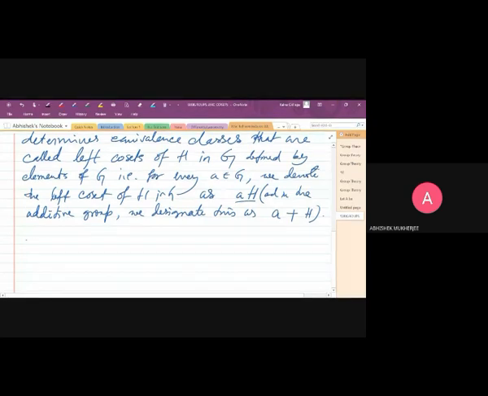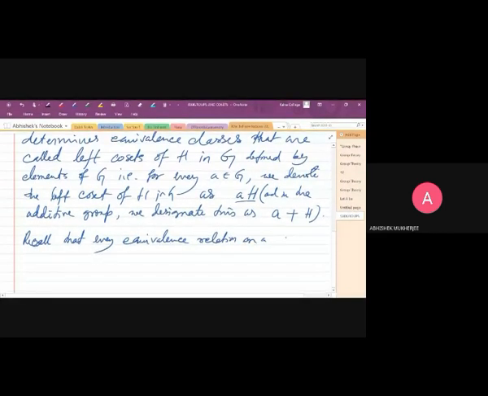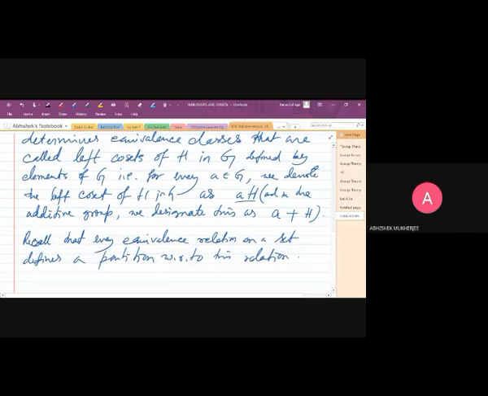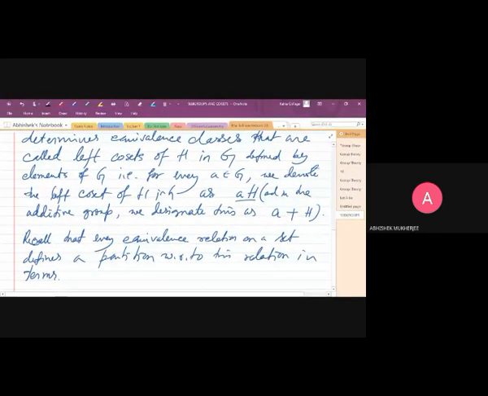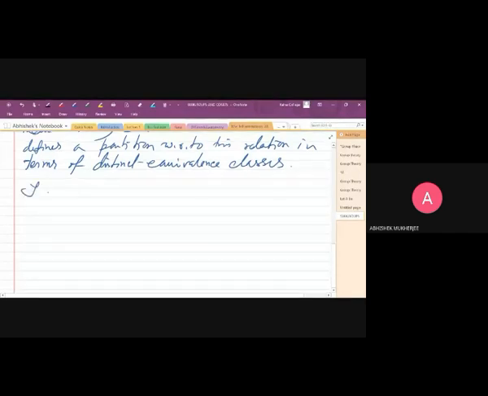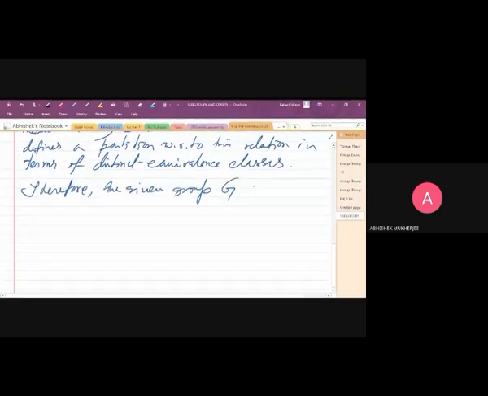And recall that every equivalence relation on a set defines a partition with respect to this relation in terms of distinct equivalence classes, right? And therefore, with respect to this observation, the given group G can be decomposed